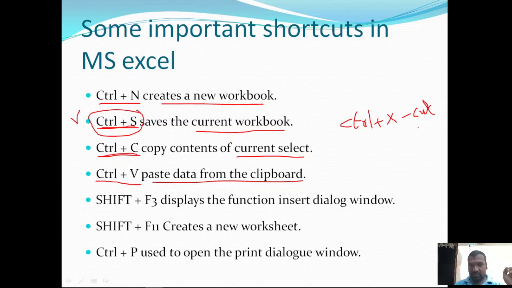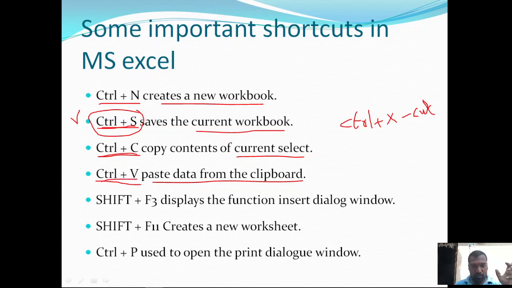Cut operation means it is going to copy the content of the current selection onto the clipboard, and then the content that is available on the current selection is going to be erased or removed from the worksheet. And later you can use Control V to paste the data that is available on the clipboard.